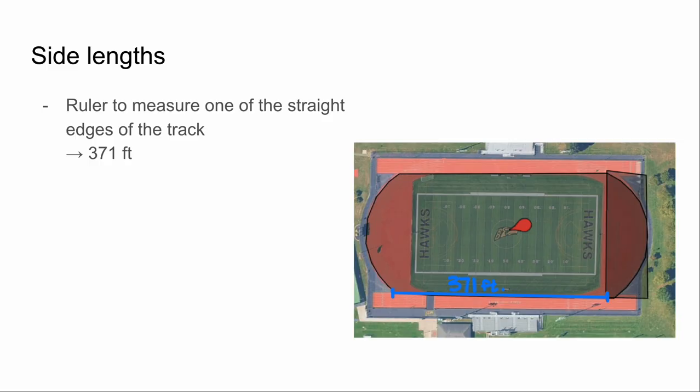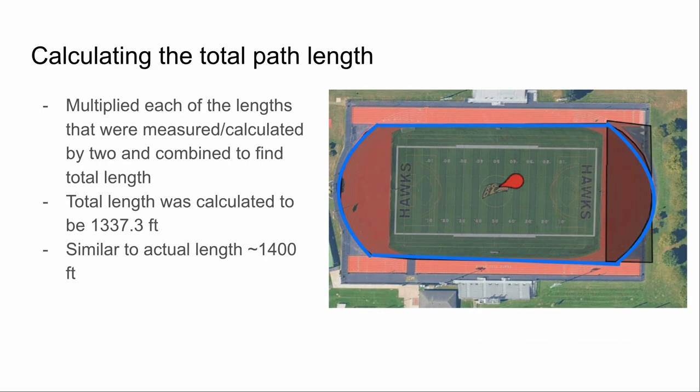For the side lengths, I just used the ruler tool to measure one of the straight edges of the track, which was 371 feet, and then again multiplied that by 2 to get the total length of the straight portion. And then, as I mentioned before, I just combined the lengths that I had calculated or measured of the straight and curved portions. Each of those I multiplied by 2 in order to combine them and get a total length, which I got to be